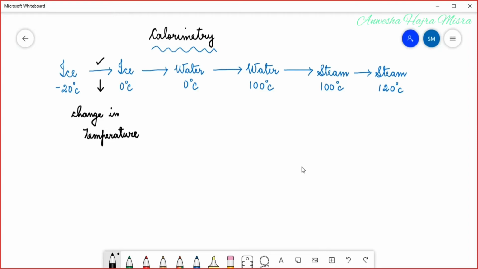Again, when the temperature of water changes from 0 to 100, here there is a change in temperature. Again, when the temperature of steam rises from 100 to 120,